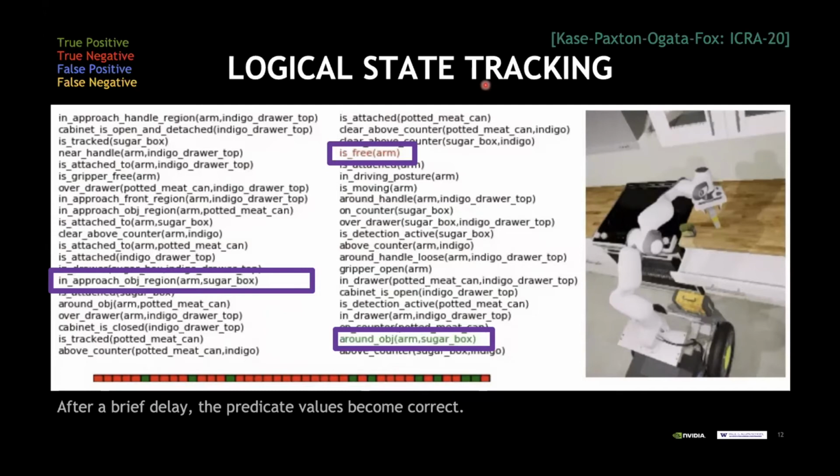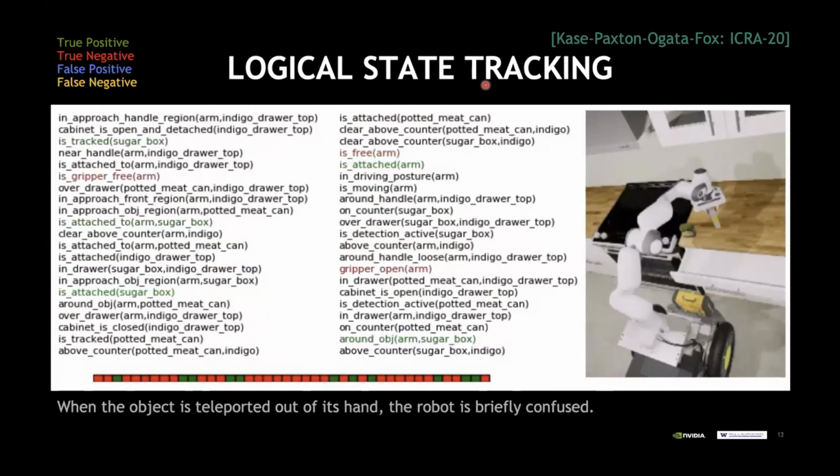In this video, actually, Chris did something nasty to the simulator where he actually took the sugar box out of the gripper and put it back onto the counter without the robot noticing. And that will cause quite some confusion on the detector, as you will see. So now it's picking it up. And again, he put the sugar box back onto the counter manually through the simulator, right?